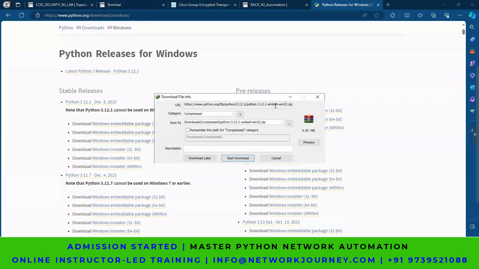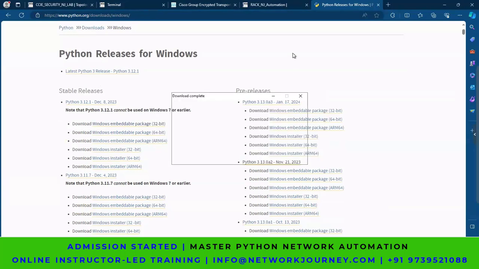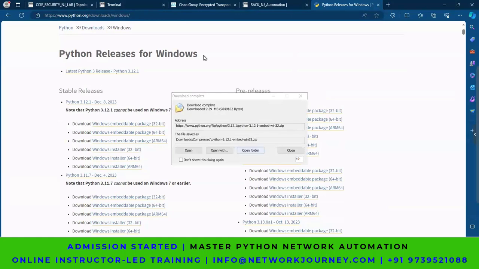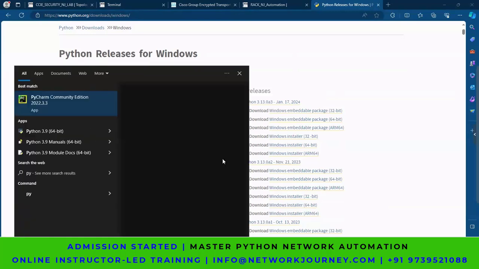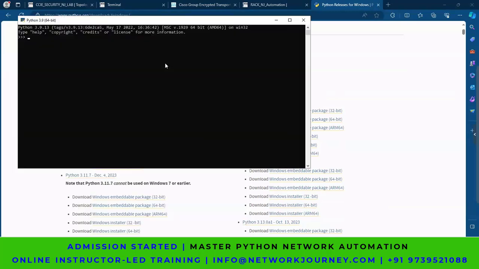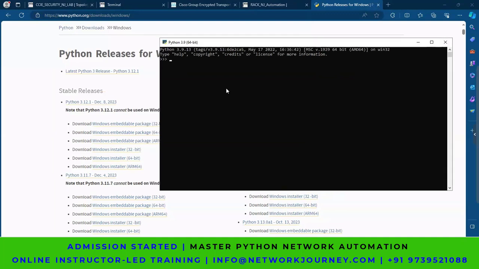See, this is a zip format. Once you extract it, you get an exe file and then download and install it. Once you download and install it, you should validate if that has come or not. You should get this kind of Python IDLE, an inbuilt IDLE software. You can test a few things to see if the installation is successful or not. See, if you say x equals 10, y equals 20, print